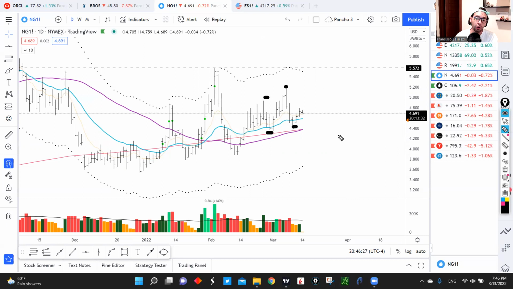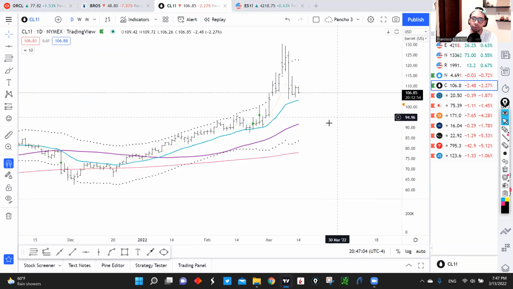I think that a low risk entry zone for a long entry in natural gas is right here where we are, which is basically at that 8 exponential moving average. If you want to keep your risk really tight, you can use this 21 exponential moving average as your stop. Or if you're willing to risk a little bit more, you can use this low right here as a support level. I think there's a high probability that we will continue to follow this trend and that we are going to retest these highs perhaps in the next couple of weeks. So this one is one that I'm looking at for some long opportunities.